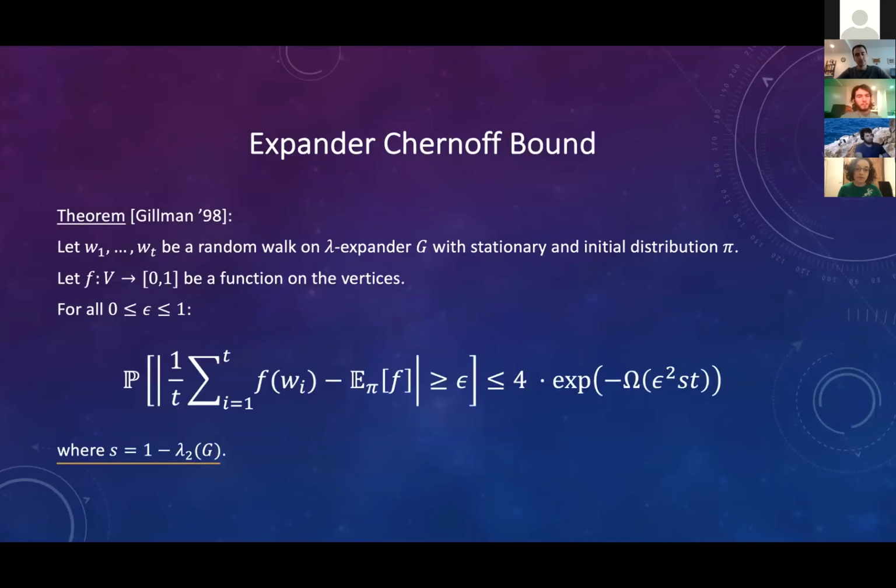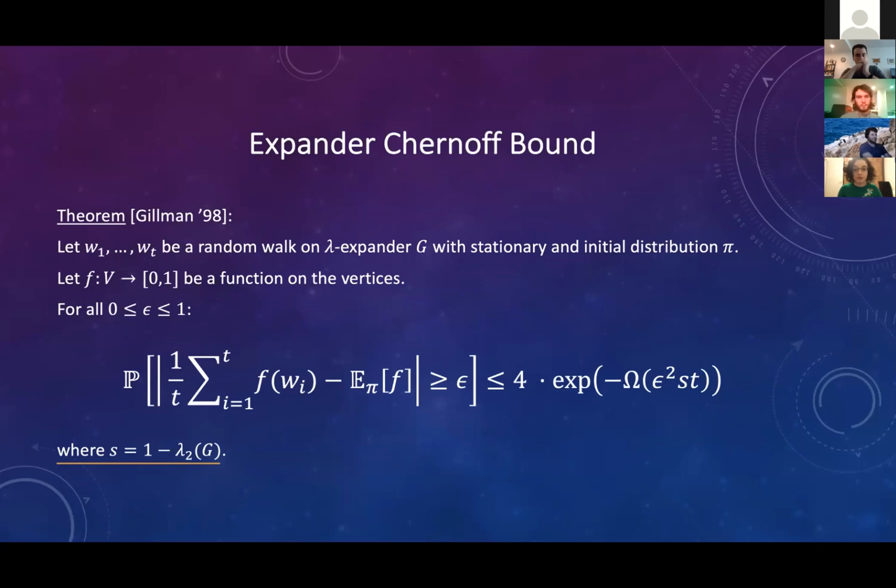Now, let's say we have a function f, and we want to estimate its expected value, but we don't want to take random samples of f. So instead, we are walking on an expander graph, and we're taking the average of f on this walk. So the expander Chernoff bound says that the probability of the distance between the sampled average of f and the